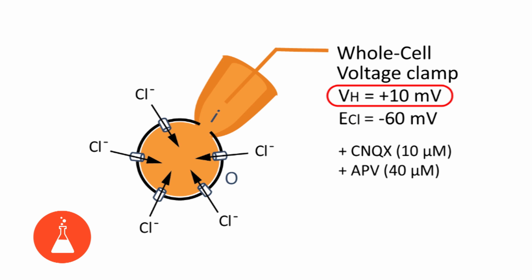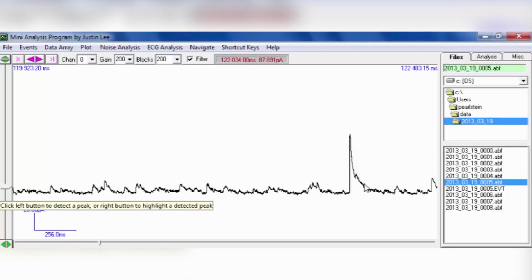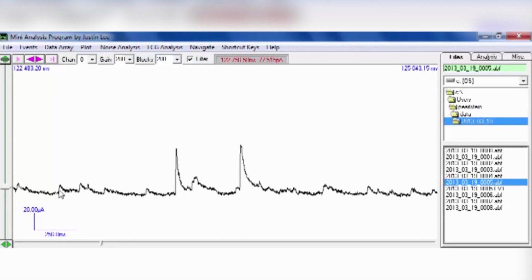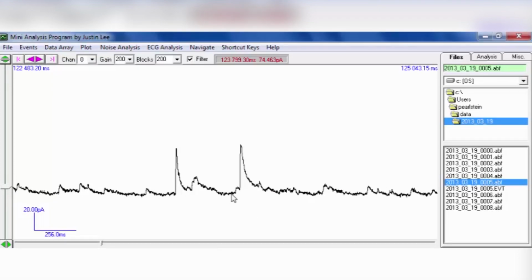This holding potential has a double advantage. First of all, the GABA-A currents have a large amplitude. Additionally, the cation currents are not visible because they reverse at this holding potential. Under these conditions, GABA-A currents are outgoing, i.e., here there are upward deflections of the baseline because chloride ions enter